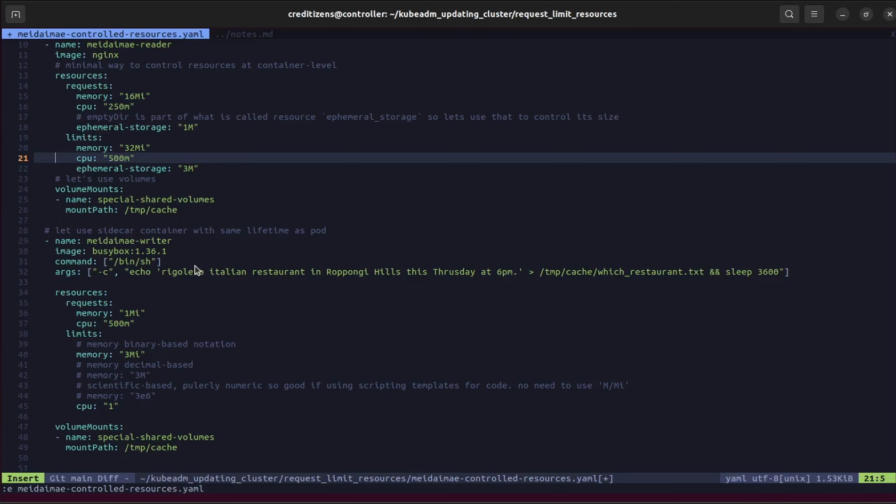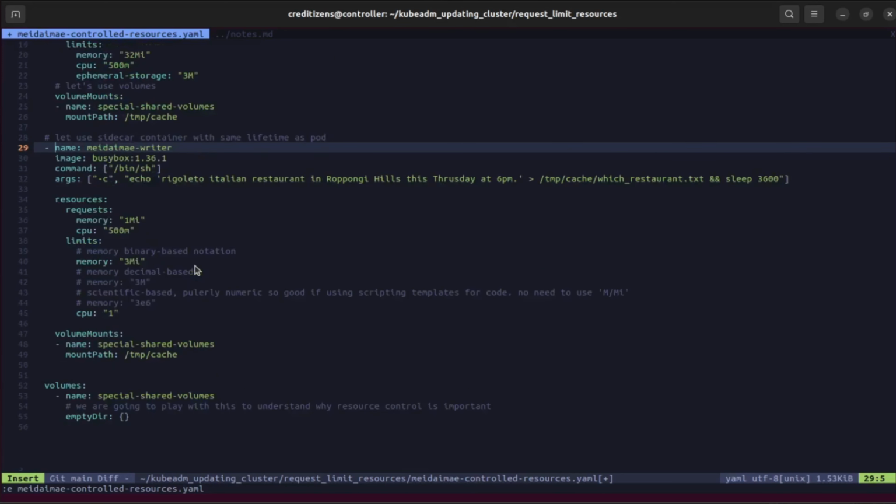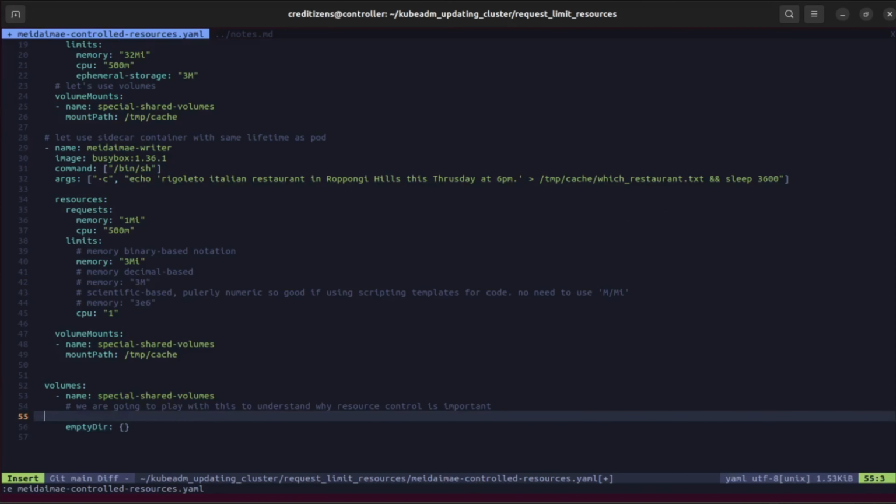We got the volume mount. We got the second container, media writer. We're not going to overcomplicate. We got our volume here, emptyDir. We're not going to change it for the moment. We just want to see what's the effect of ephemeral storage on it. So as we put a limit on